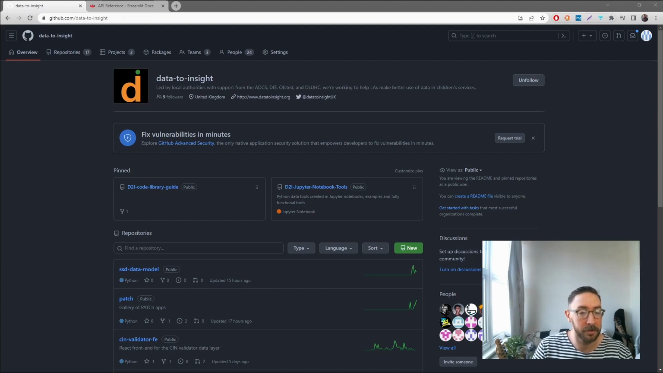Okay, hi there. So what I'm going to do is go through the process of making a patch app. So the workflow that you would follow if you wanted to make a patch app, and get it to the point where we at Data2Insight can approve it to be added to the Patch App Store. So the first thing you want to do is navigate to this web page, which is